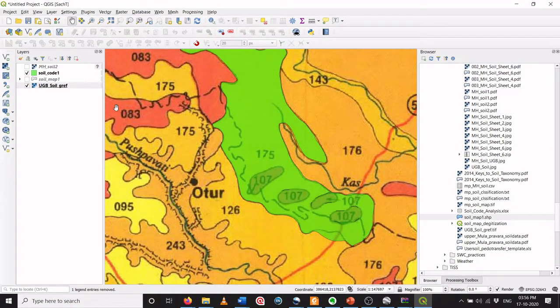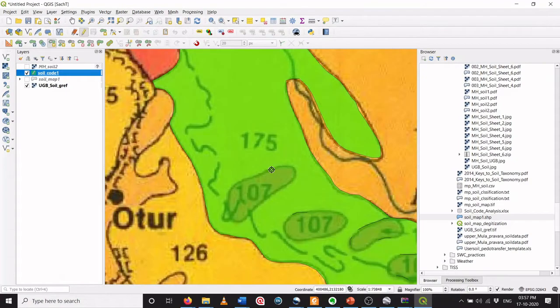I can do it by an option called add ring. Let me turn on the editing mode. Once you turn on the editing mode, there is an option called add ring which is available over here. You can click it and then you can introduce a ring by digitizing only the part of the ring which you want to exclude. So I want to exclude this component, so I will just click along this line which I want to exclude.